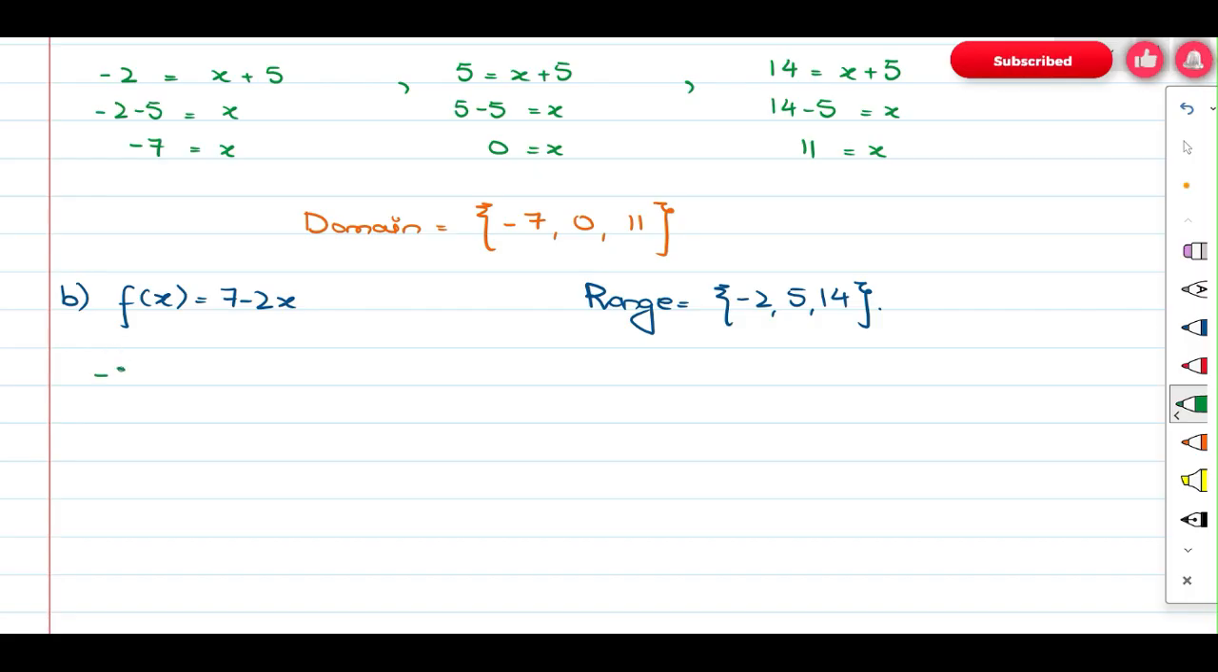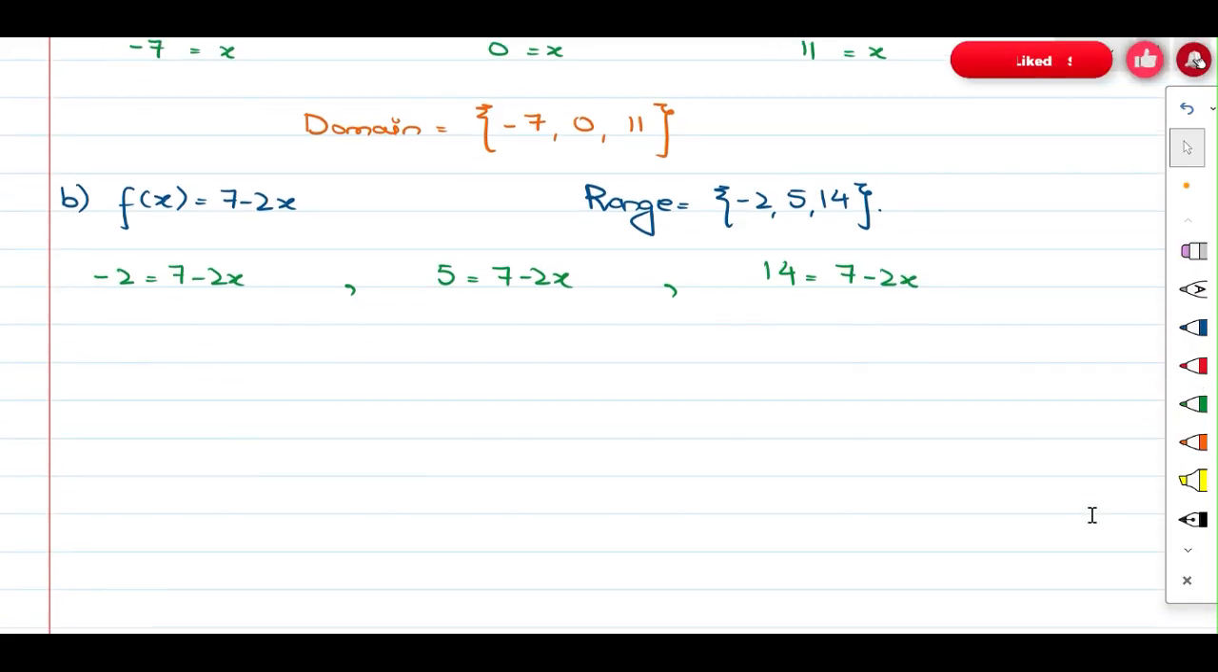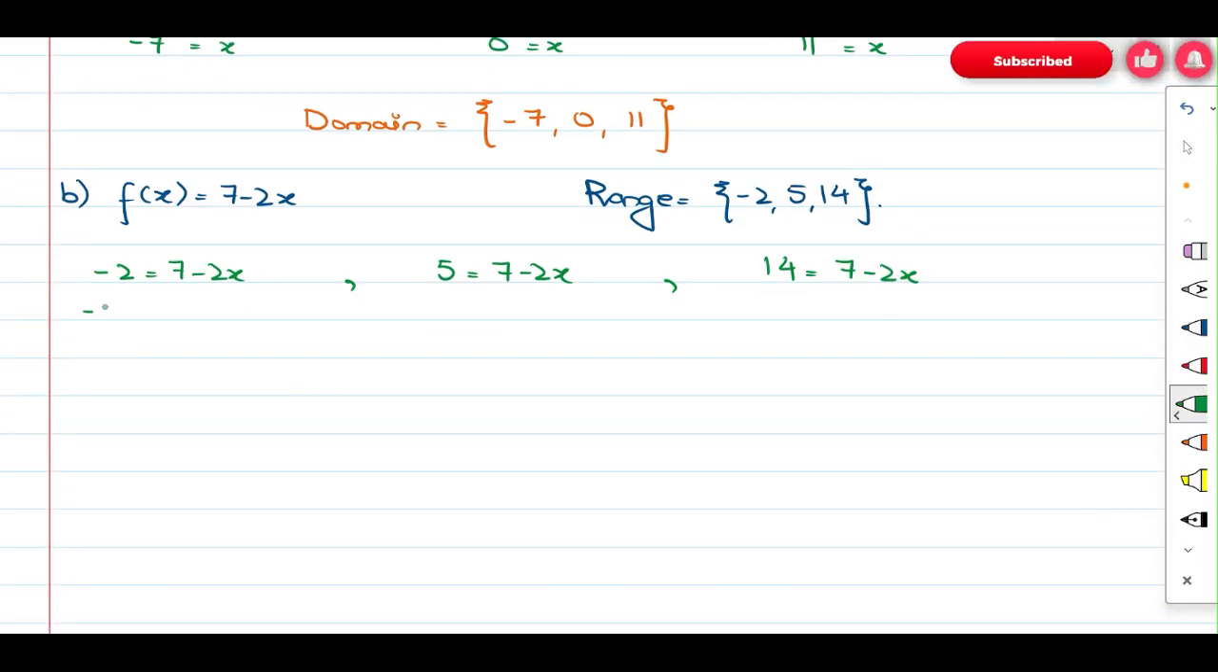When f(x) is -2, you can put this equals and solve for x. When f(x) is 5, you have to solve for x. And when f(x) is 14, you have to solve for x. Just that simple, you have to do it. Okay, so -2, and shift the 7 to the other side, it becomes -2x, and -7 and -2 is -9